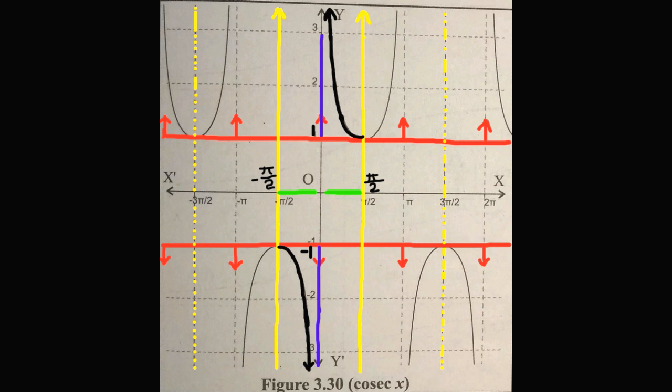Now, as all the intervals are shown between yellow lines, the closed interval -pi/2 to pi/2 except 0 is called the principal branch, and the angle theta in this branch is called the principal value of that cosecant function.